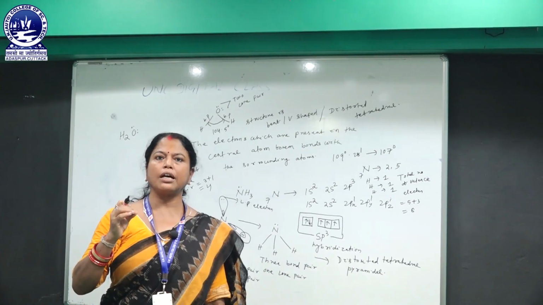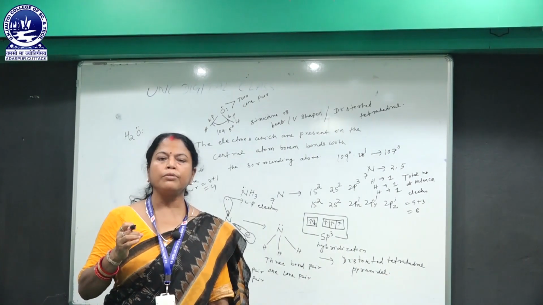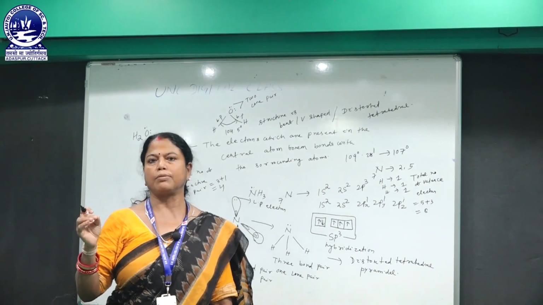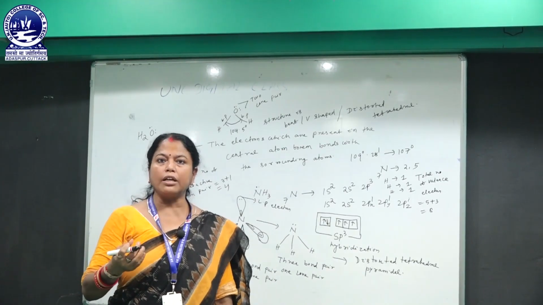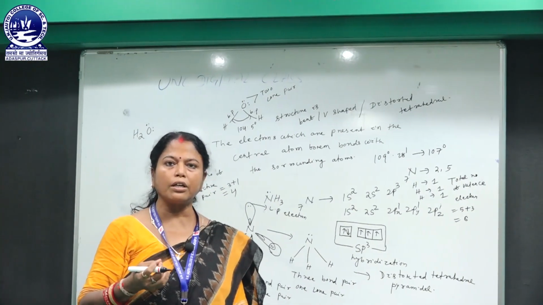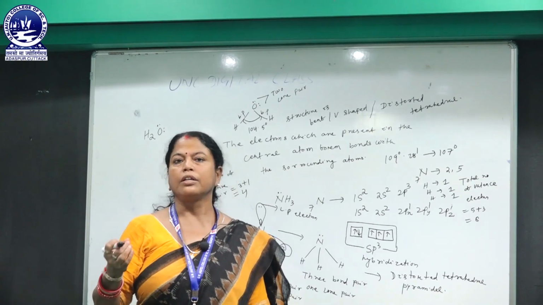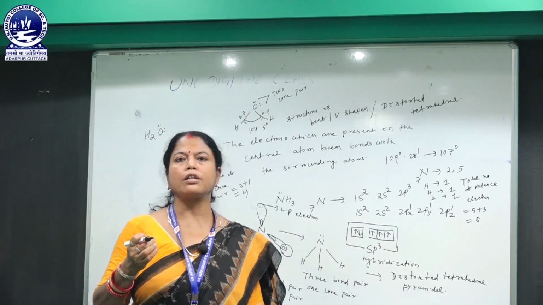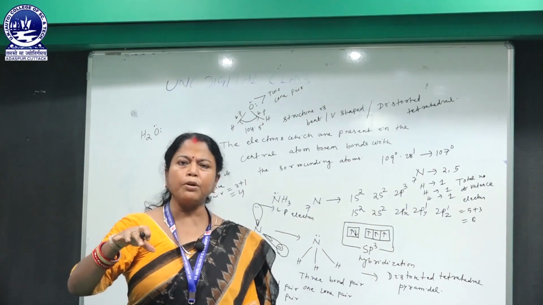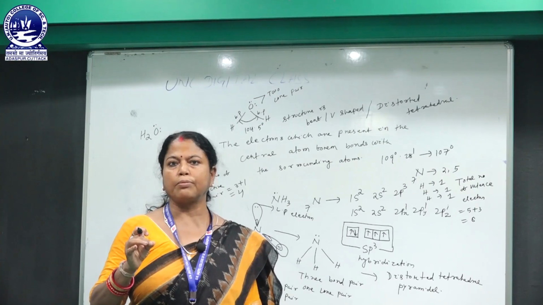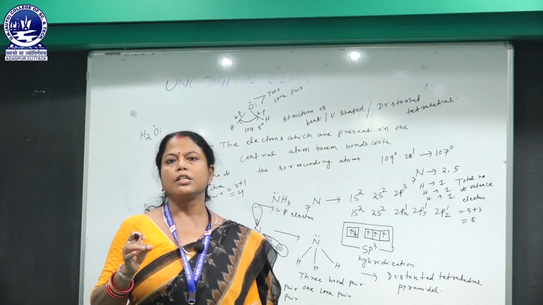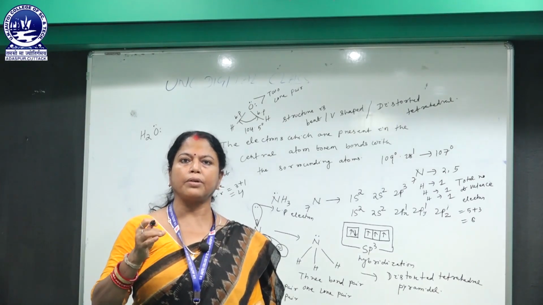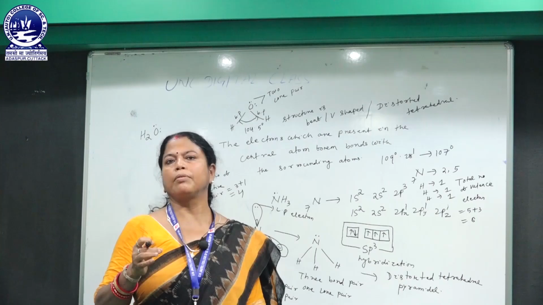The electrons present in the central atom form covalent bonds with the electrons of the surrounding atoms. When both electron pairs are formed, that is lone pair electrons as well as bond pair electrons, they remain far away from each other to minimize the repulsion between them, because if the repulsion is minimized, then the structure of the molecule is determined properly. So the electron pairs remain as far apart from each other as possible, and they minimize the repulsion between them.